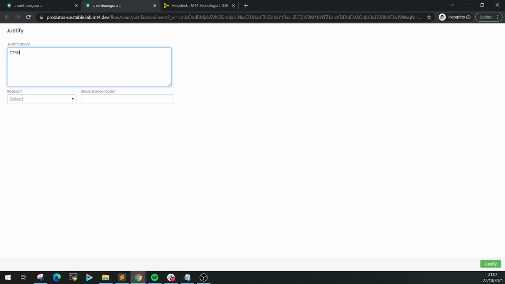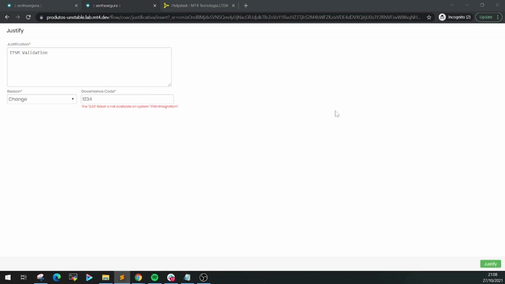So here we go, ITSM validation. Here I select a reason. I'll put here as a change. I'm going to put any code here, probably non-existent in my ITSM, just to validate that it is in fact valid by looking for existing information in my Freshdesk tool. So I'll put here 1, 2, 3, 4. See, it doesn't allow it,